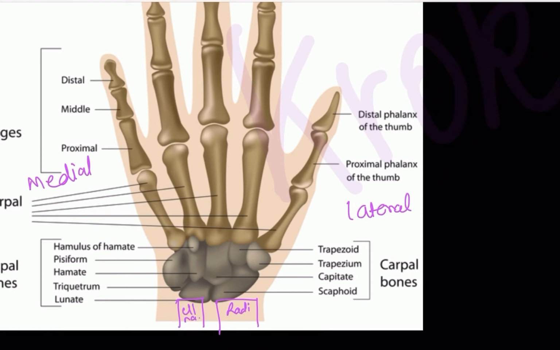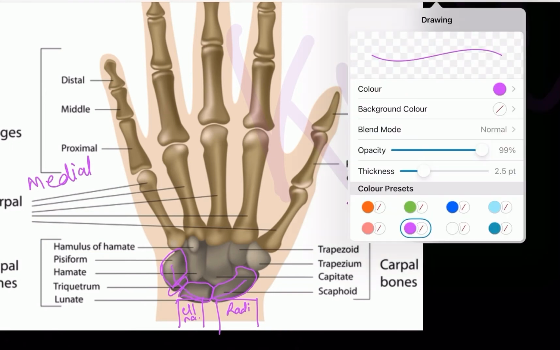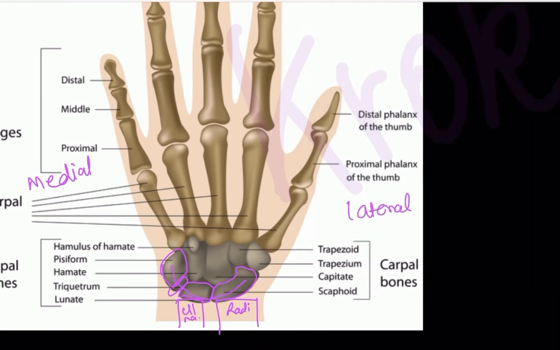Let's look. This is your scaphoid bone. Then what you see? You have this lunate. Then you have this triquestrum. Then you have this pisiform bone. So these become your proximal carpals. Now look at others. Starting with the trapezium, again coming back to the lateral side. Trapezium. Then you have trapezoid. Then what do you have? We have capitate. The last one is your hamate.